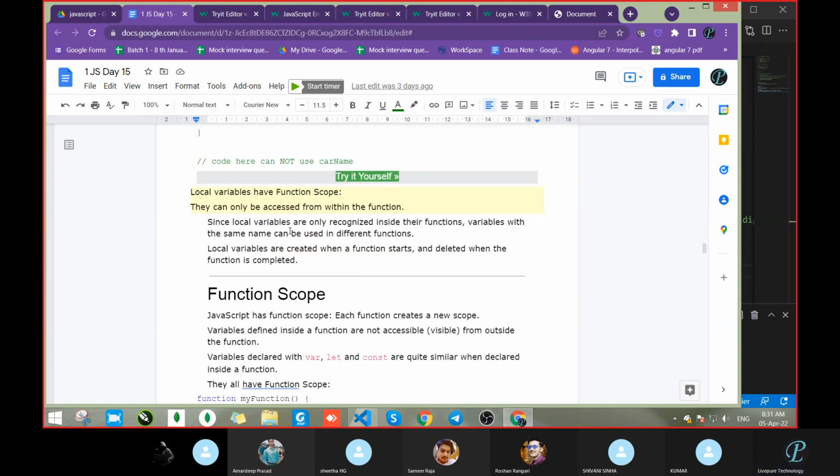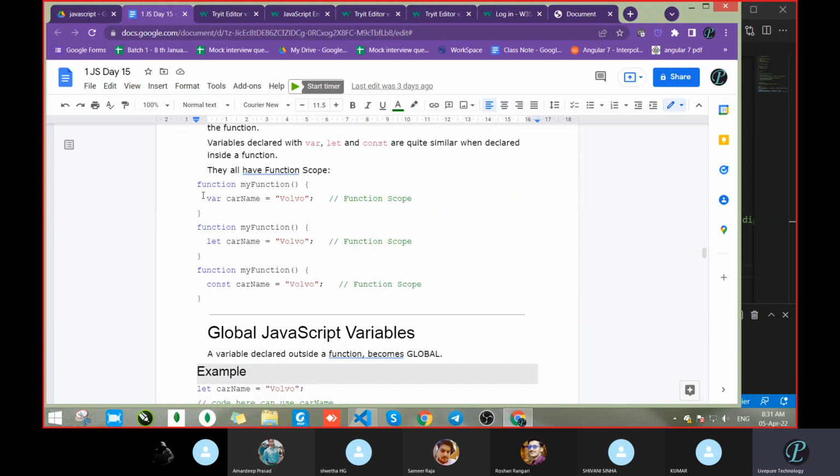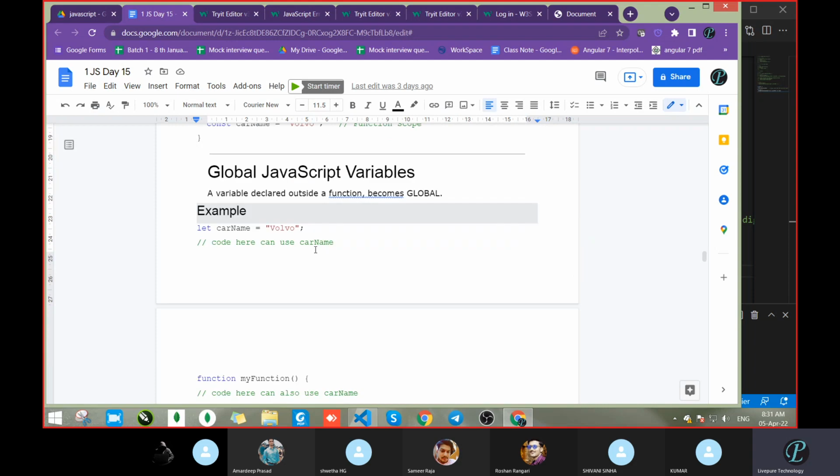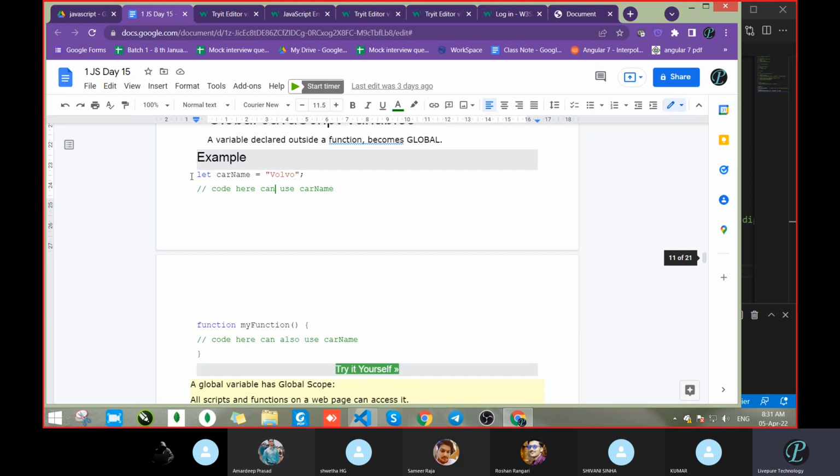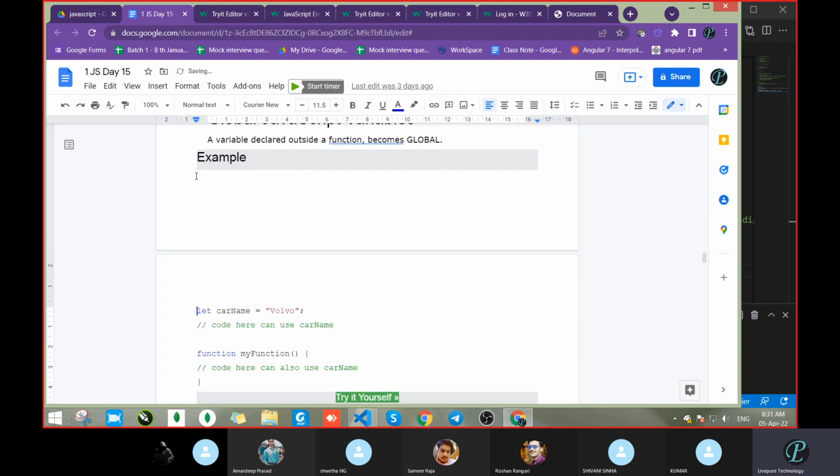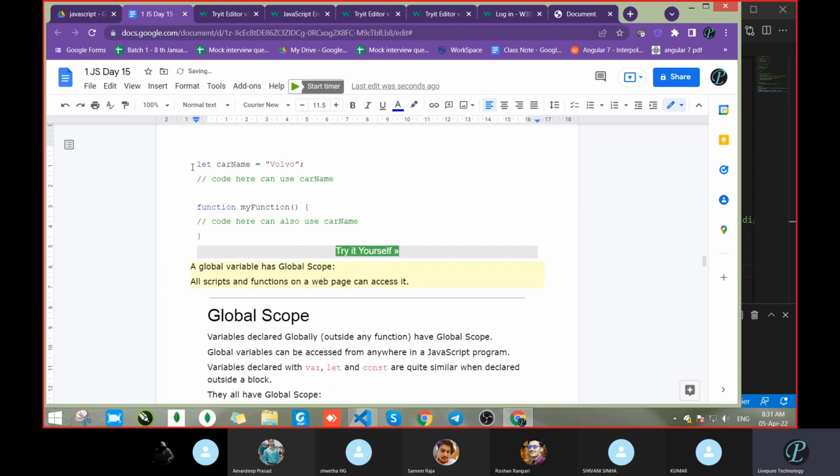Correct? Next, function scope. So inside the function, we had passed the value variable. We can pass anything, let, const, var, it's not the issue. So global scope. Global means outside. Outside in the sense, this is your function, and we want something to access here, but we do not want to define it here. We want to define it globally so others can also use it. See, this we defined globally.